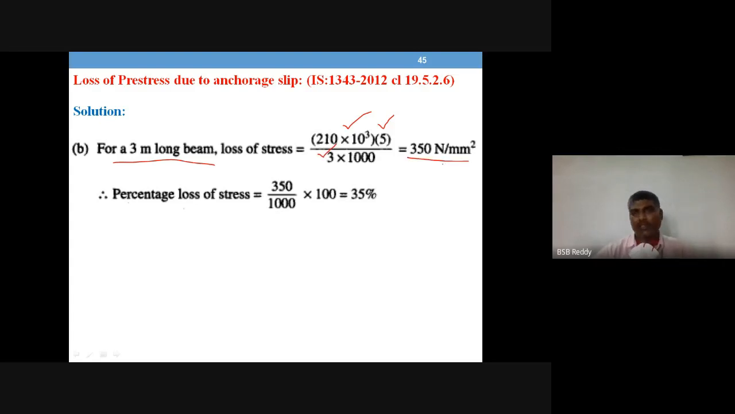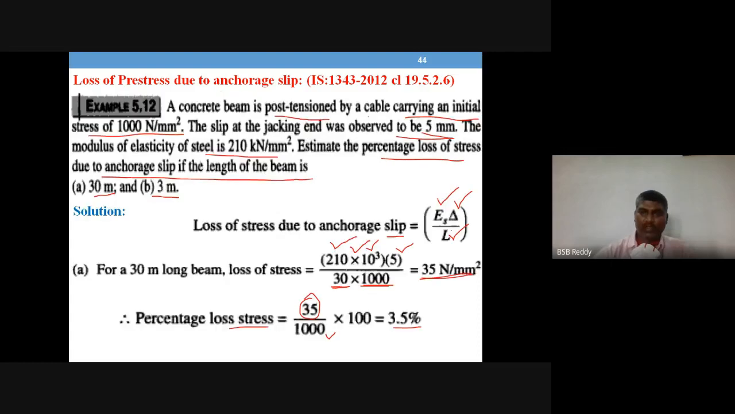So this is 350 Newton per mm square and the percentage is 35%. So anchorage slip loss is now inversely proportional to the length. The length is very high, loss will be less. If the length is very small, the loss will be very high. Okay, inversely proportional. The loss of stress due to anchorage slip is inversely proportional to the length of the member,